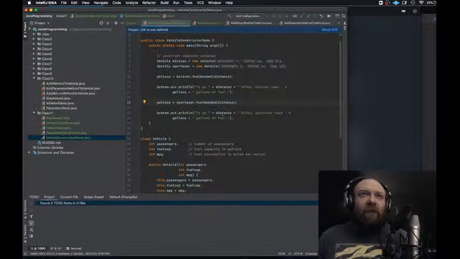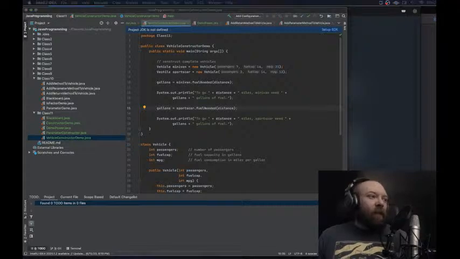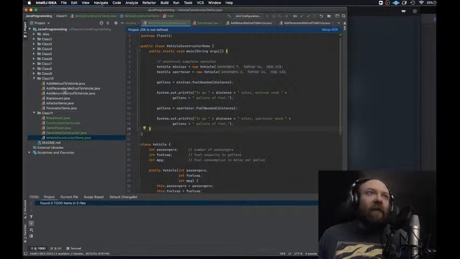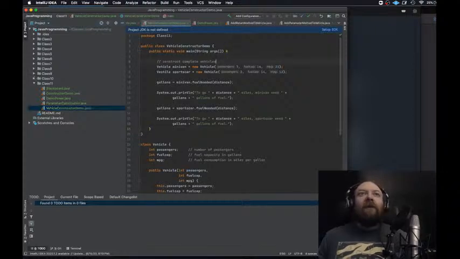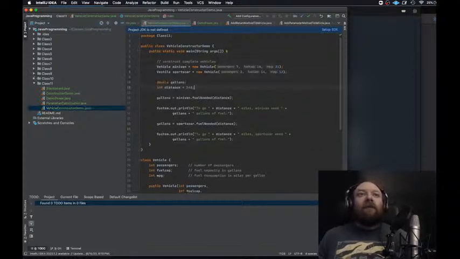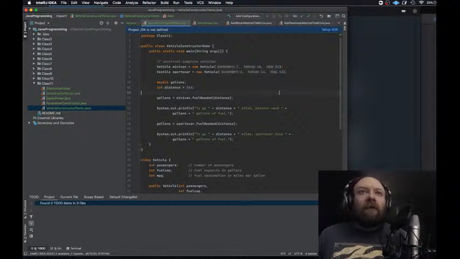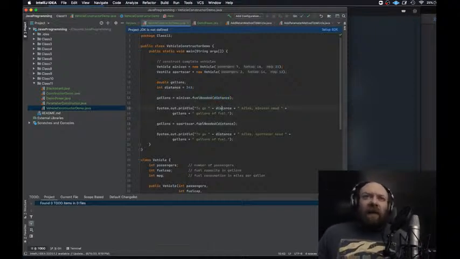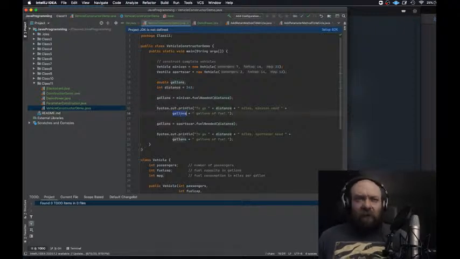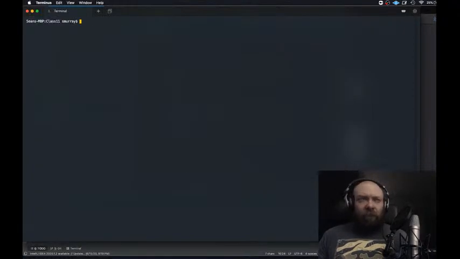Oh, whoops. Yeah, it's because we needed a couple extra things. If you remember, we had these variables here. So we're going to pull those into this example. Right, because we hard-coded the distance here, we calculated the gallons using the fuel needed function, passing in the distance for each one of these sports cars, or sorry, the minivan and sports car, and then we printed the distance and then the gallons. Okay, and so by running that,